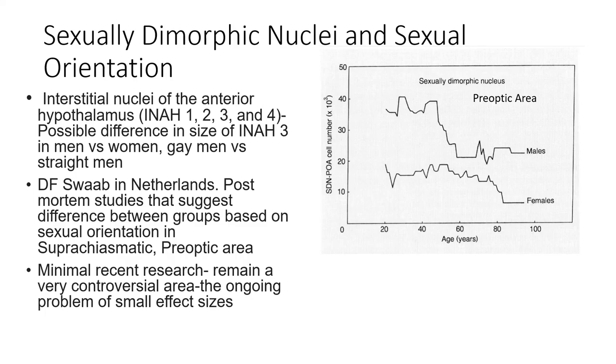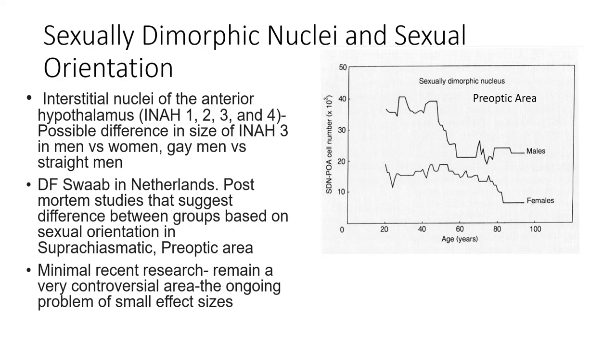Now, I mentioned in earlier lectures the sexually dimorphic nuclei in the hypothalamus, and there has been some work to look at this in terms of sexual orientation and gender identity. If we look normally in the preoptic area, males have a larger preoptic area nucleus, particularly when younger, and it tends to shrink over time. And that actually occurs in females too. Their preoptic area nuclei shrink, interestingly enough. There's another set of hypothalamic nuclei, the interstitial nuclei of the anterior hypothalamus, not even on the diagram I gave you. But there's this tiny, tiny little area,